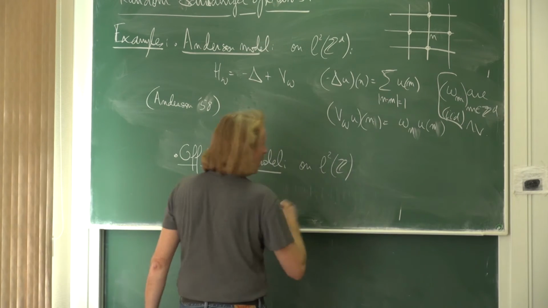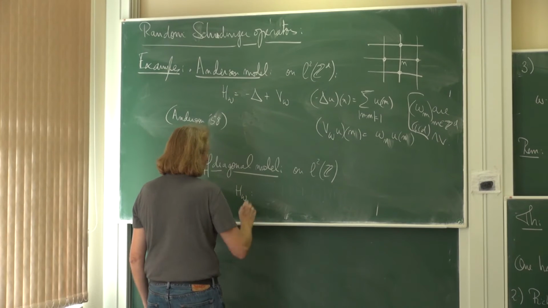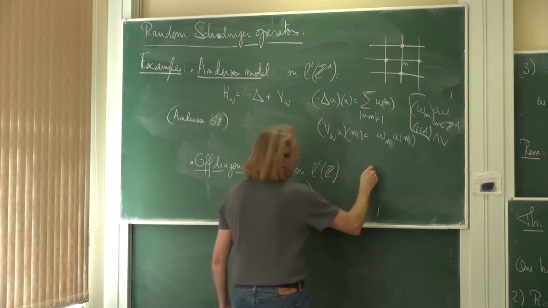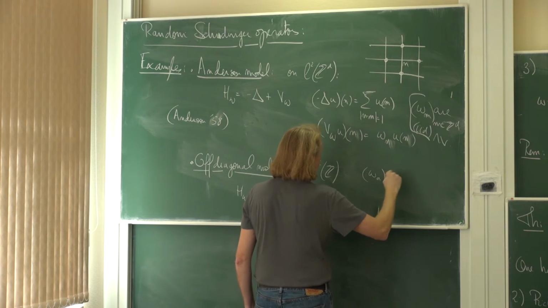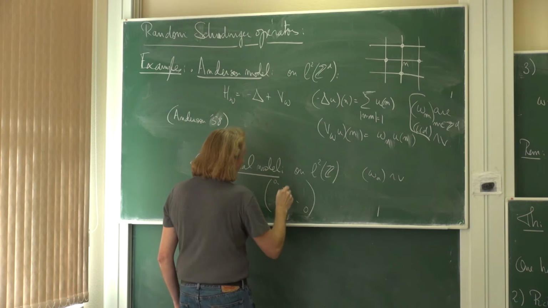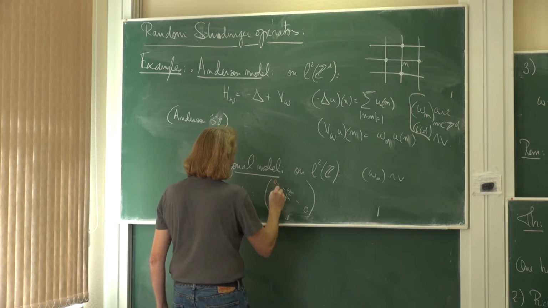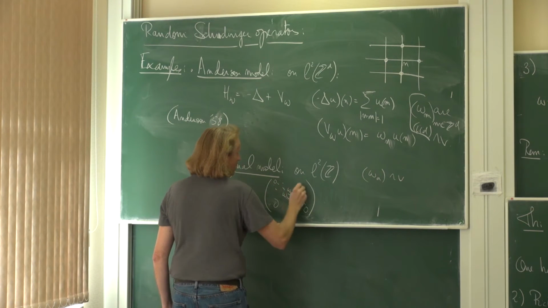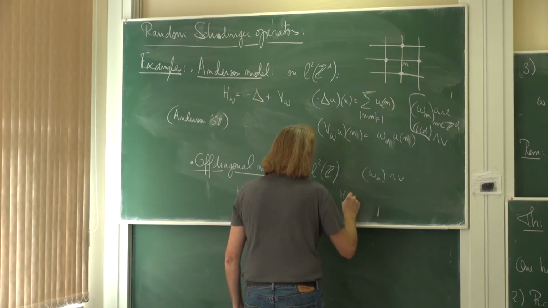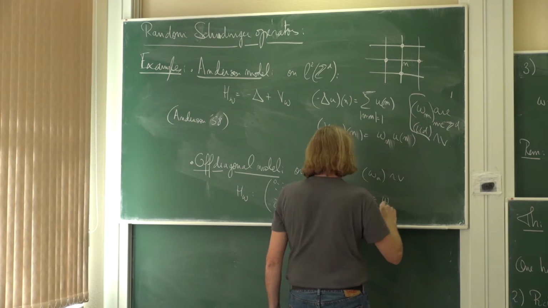And you define H omega by the following matrix. So it's an infinite matrix. And what you do is you take again omega n to be random variables. And on the diagonal you put 0. And you put the omega n's in such a way to have a self-adjoint or symmetric matrix off diagonal. And here's 0, right? So H omega u at n is going to be omega